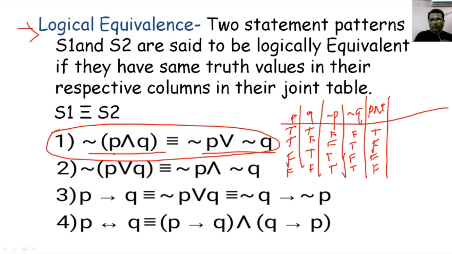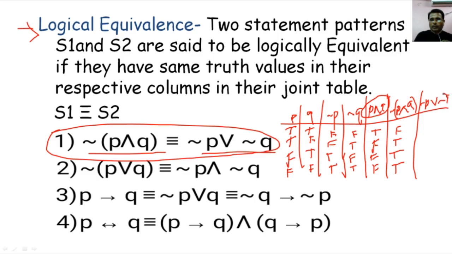Similarly, we need negation of P and Q. So it's negation of P and Q. That is negation of the statement which we have just considered. So for this P and Q, the negation means values opposite to this. So here we will get false, then here we will get true, here false changes to true, here also false changes to true, and at last we have to consider right hand side, negation P or negation Q.